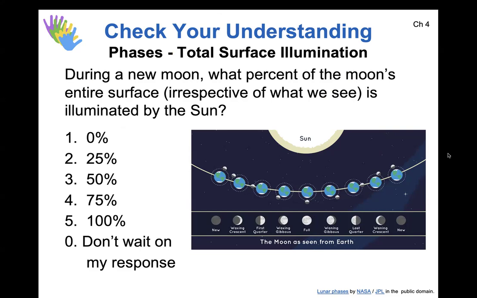Okay, I got some answers. Hey, nice. You knew right what to say. 50%. Exactly, because it never changes. This question could mention any phase. It could say during a first quarter, during a third quarter, and the answer would always be the same, which is 50%. That's right. Very good. Okay. The arrow's kind of cut off, but 50%. That's how much of the moon is illuminated